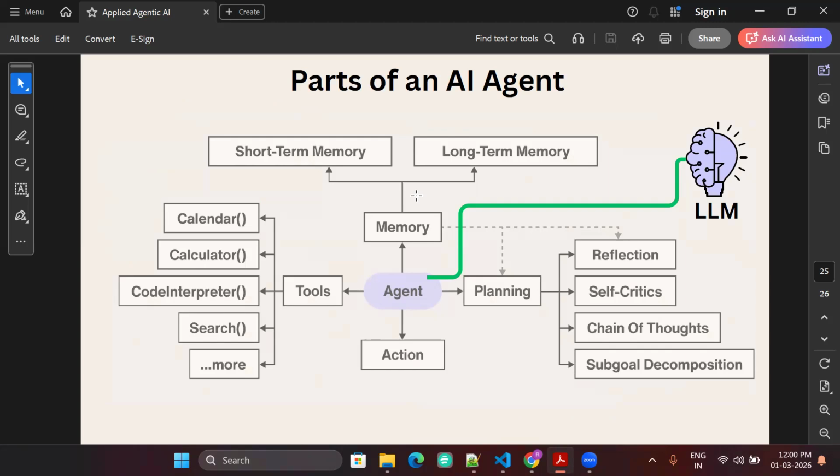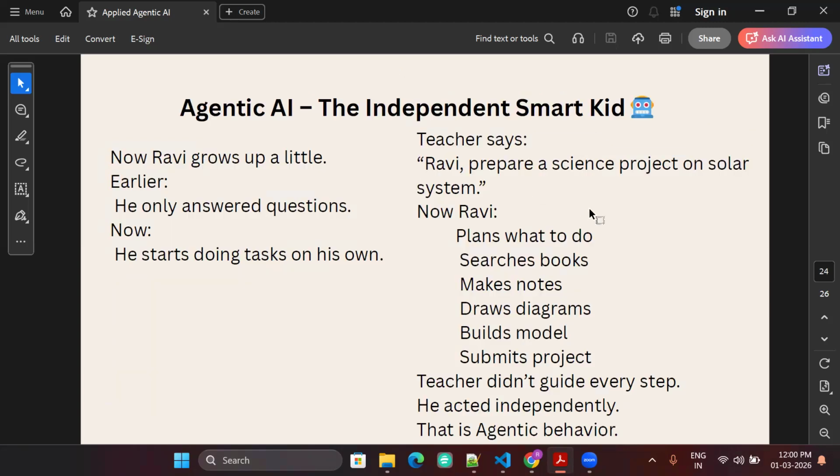Yes, Ramesh? Yeah, so yes, Ranjan. So at this point, in your previous screen, Ravi plans what to do, and then searches his books and notes, and then draws everything based on the project and the input, according to the task. So similarly, coming to GPT, be it any GPT, I have a basic question.